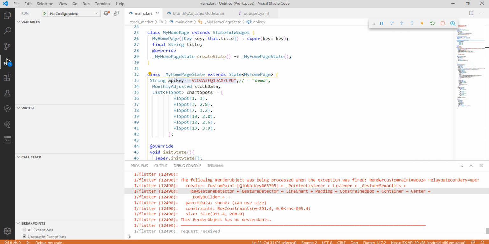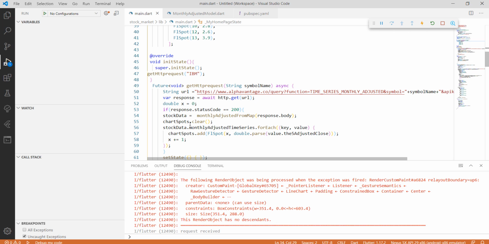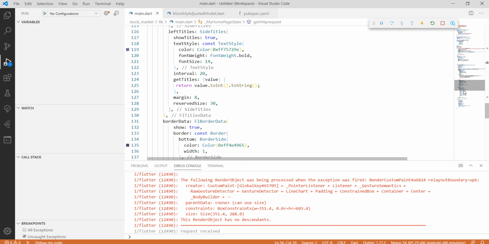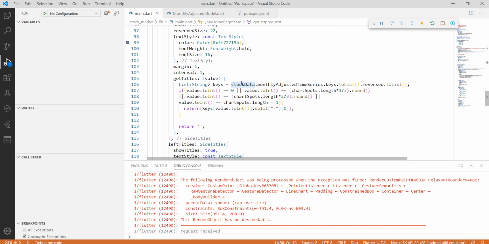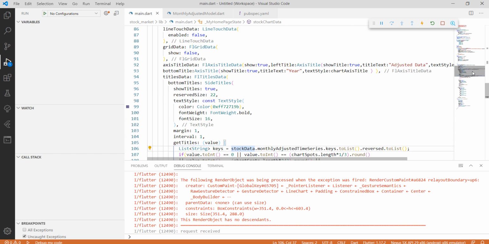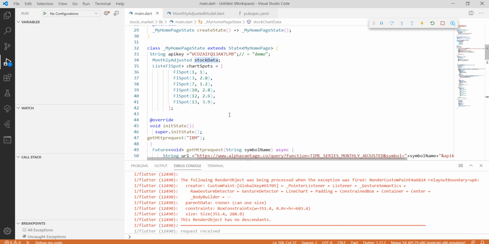This error occurs because when the app starts first, the value of stock data will be empty. However, for the chart tile, we are using the stock data value, and so it comes up as an error. To avoid this, we can declare a variable like this: